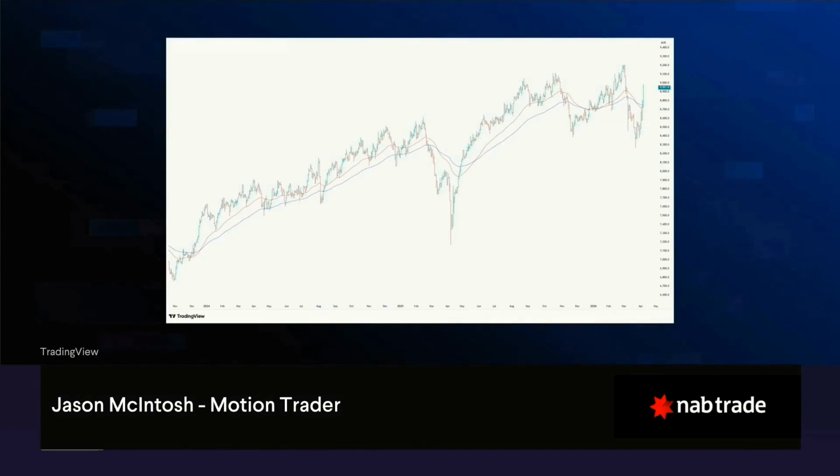So the ASX 200's low was more than 2 weeks ago. It was on the 23rd of March, but the low on the S&P 500 was a week later, on the 30th of March. And leading into the 30th of March, that included 3 days of heavy selling. If you look at this chart, the local market didn't come close to retesting that low from 23 March. So we have an instance of decoupling from the US, and that's something we don't often see. That's interesting in itself.